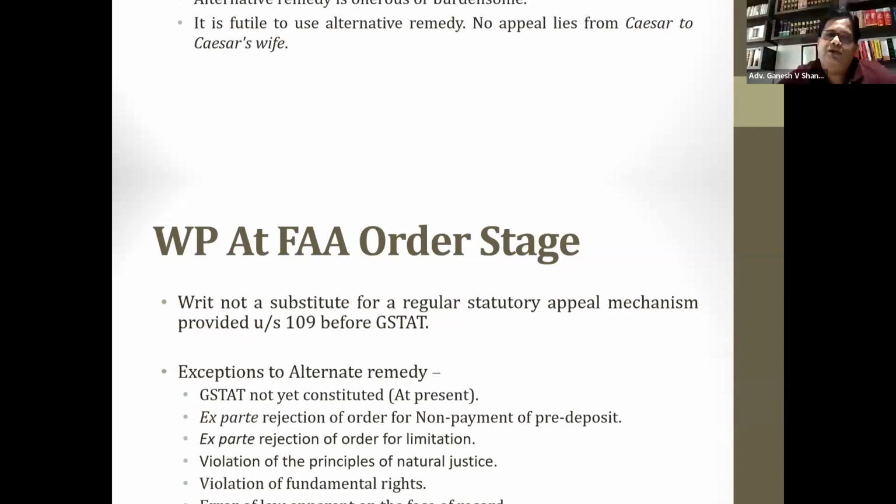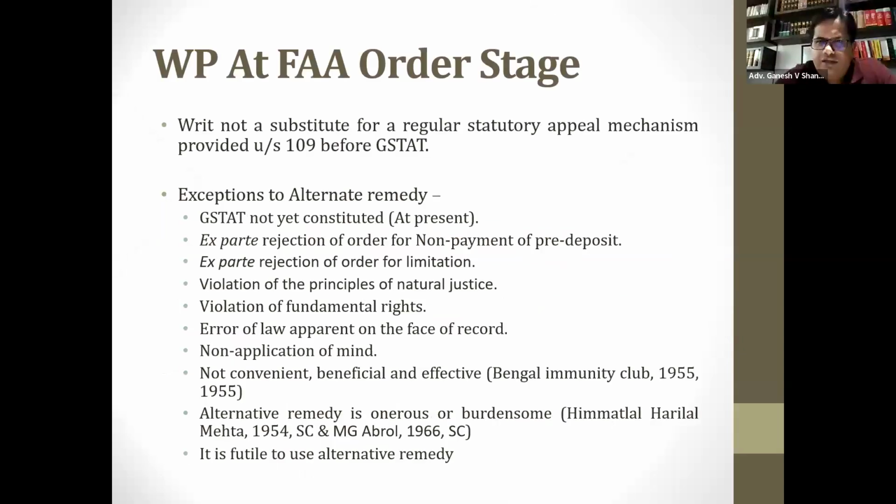Appellate order. Once you are issued with an appellate order, again there is a typo. It is not 109, it is 107, the first commissioner appeal under GST. So again there are exceptions. After the appellate commissioner, you go through the same cycle. You file an APL 1, make your grounds, attend the personal hearing, and give submissions and documents. Then you again end up with no real remedy. Even at that stage, you can approach the High Court, but you should again have a strong case.